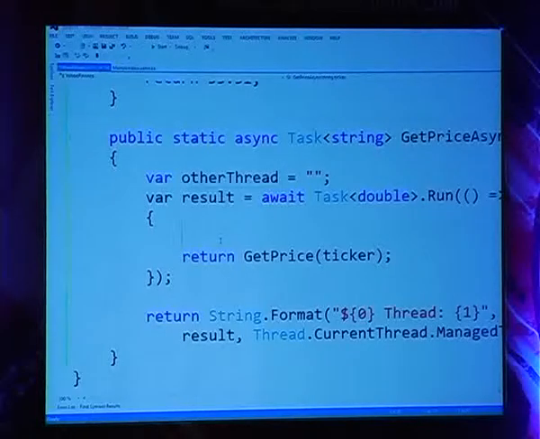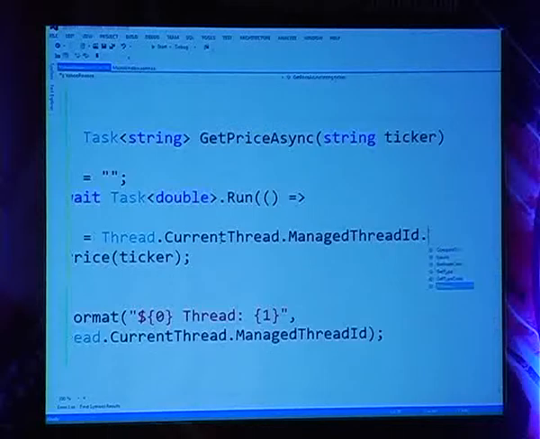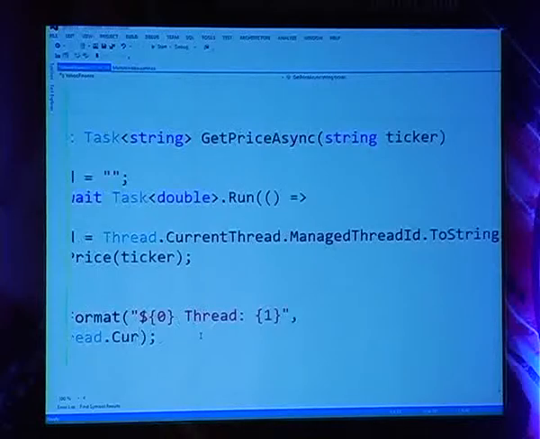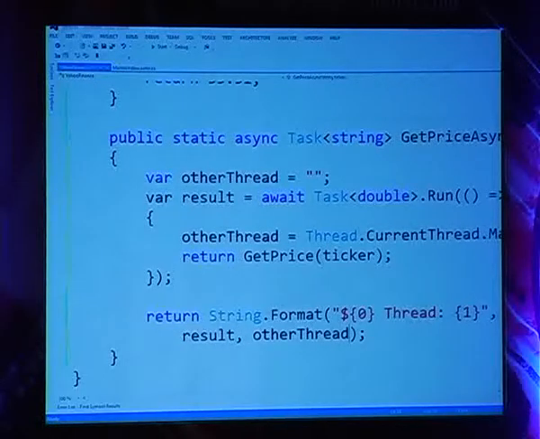And here I can say otherThread equals, and we can ask it Thread.CurrentThread.ManagedThreadId.ToString. So I got the other thread now. So now I can come back to this code and print out the other thread information because we stored it away. So this time we notice what the other thread is in the other thread, and then we come back and report it here. So let's go ahead and run this example one more time.